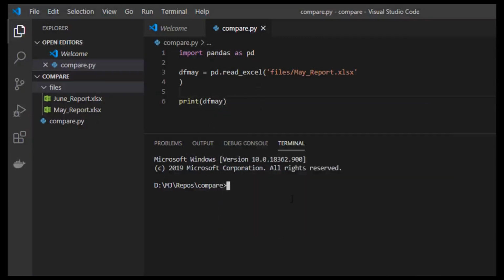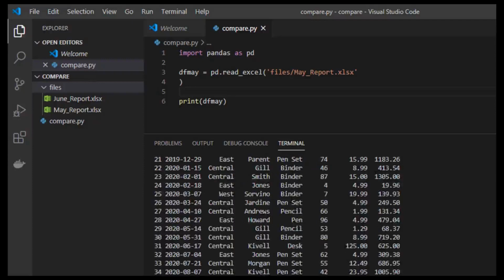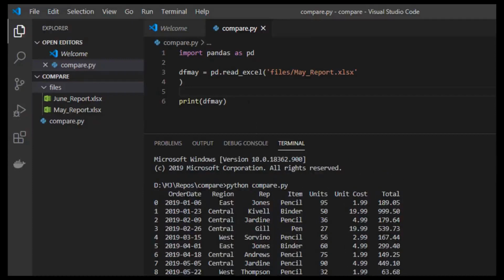Let me run python compare.py. Now it will print the entire data set here, and I want to do a similar thing for another data frame called df_june.